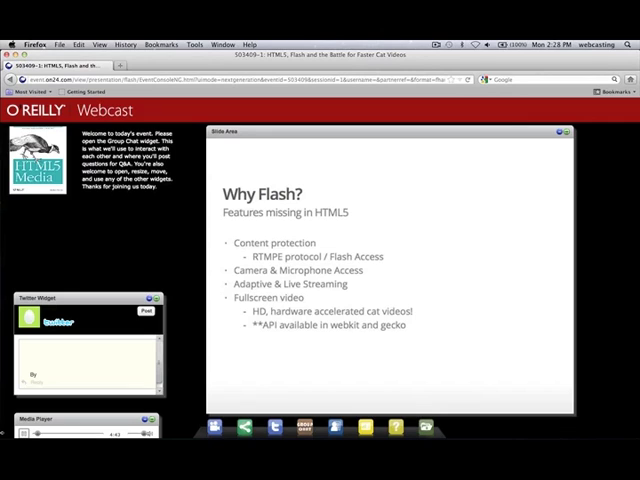We can actually live stream on Safari. And so this actually is great because we've been able to demo doing live streams on iPads recently. So that's pretty cool. And then full screen video, you really want to make sure that your cats are in HD, hardware accelerated,